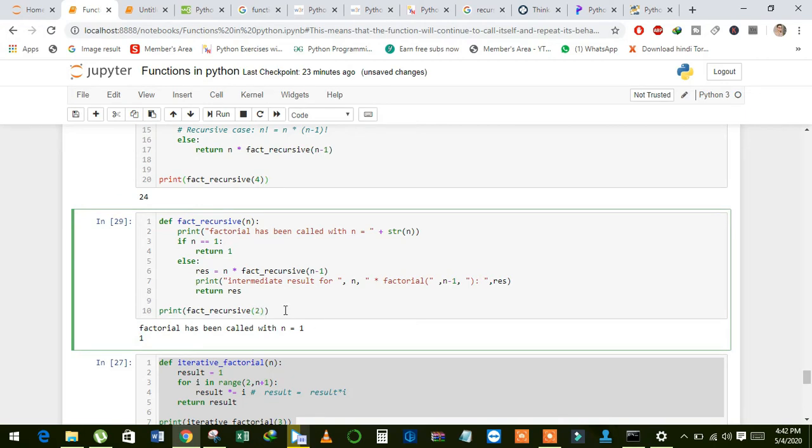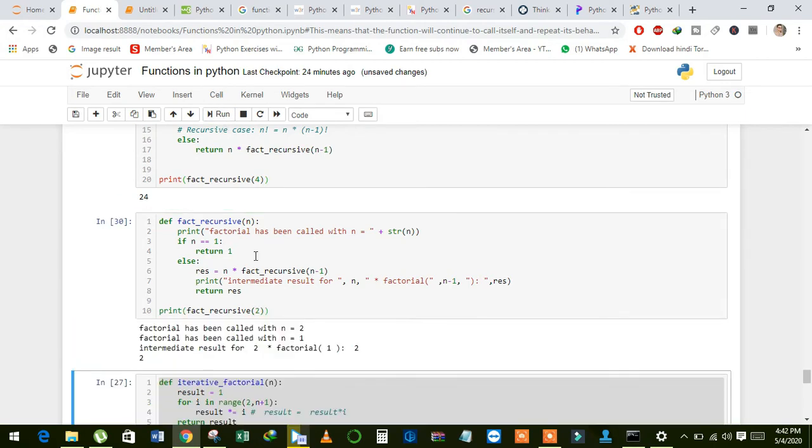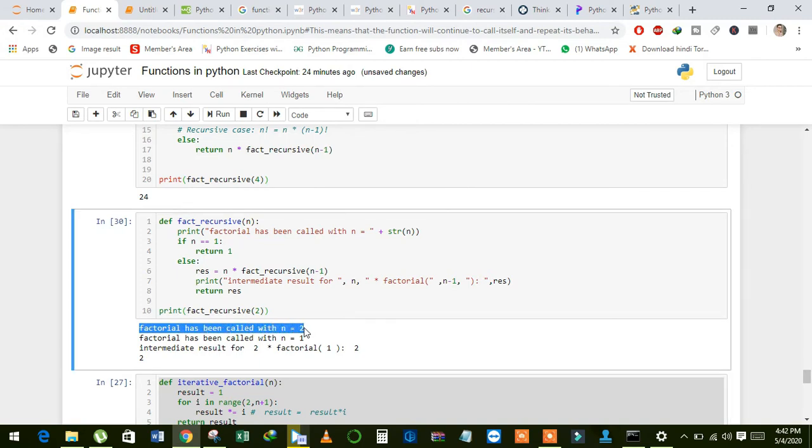Now I change the value to 2, and see here. First it returns the value of n, which is equal to 2. Then when the function calls itself, it reduces the value by 1. That's why it returns this message, and now n is equal to 1. This is the intermediate part, the recursive portion.